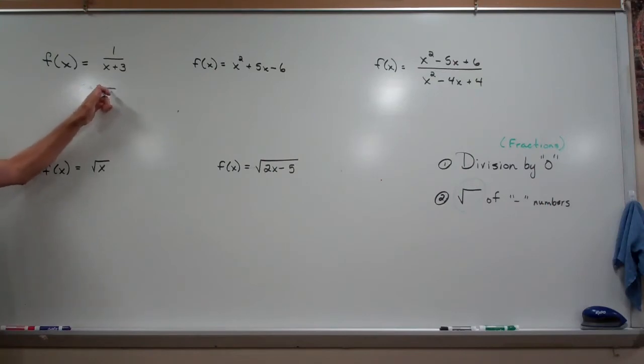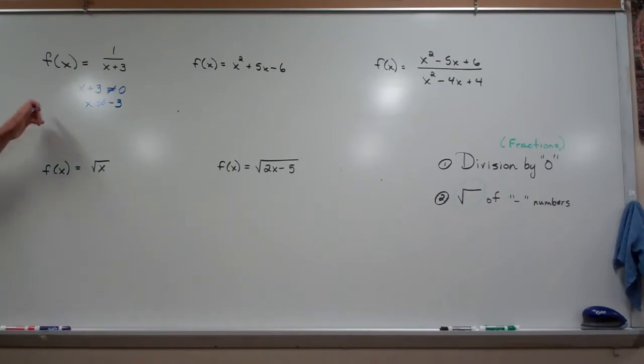You don't want the bottom to be equal to 0. So we can play around. Usually that's an equal sign, but algebra will work. And you'll see me write that. X cannot equal -3. That's the domain. You don't want to use it. Everything else works. There aren't any square roots, so I don't have to worry about that part. So we're looking for the bottoms, see if they blow